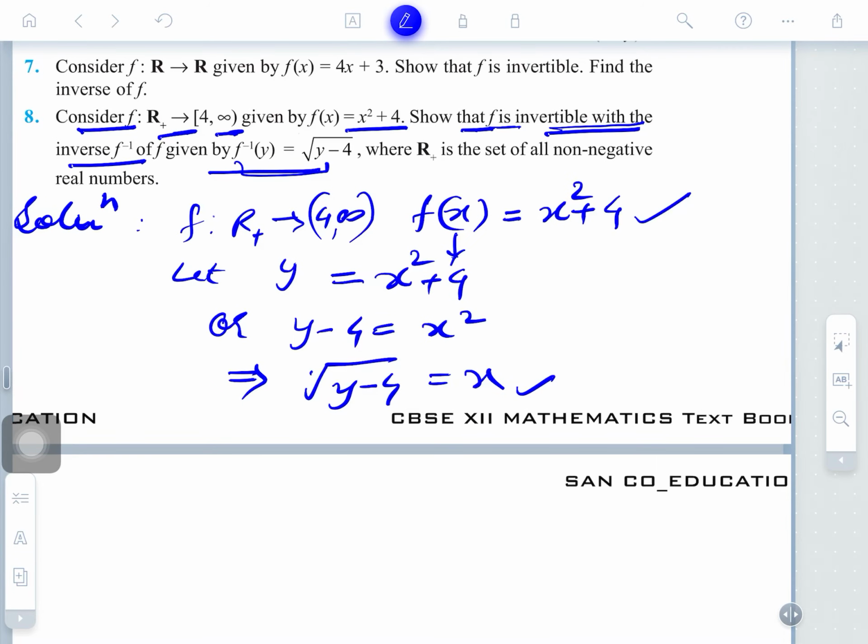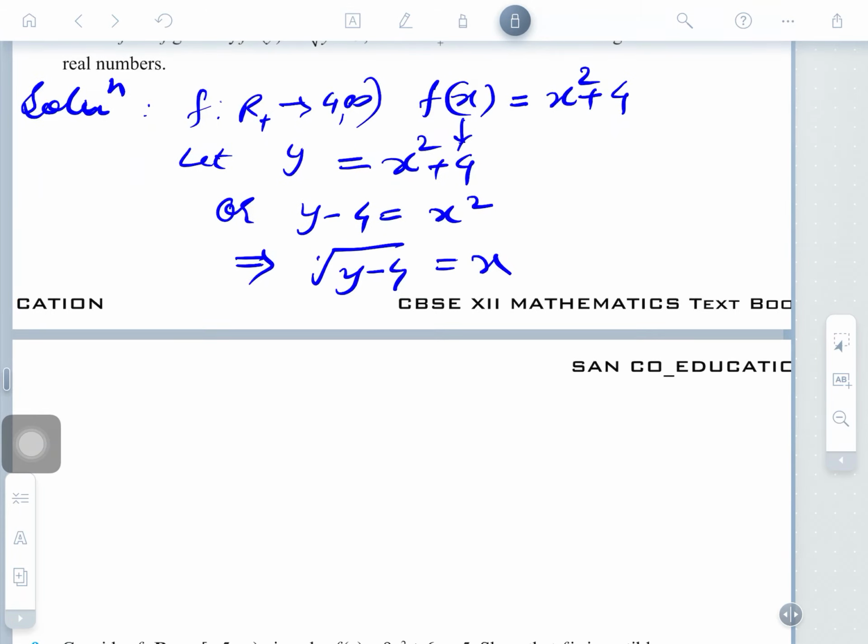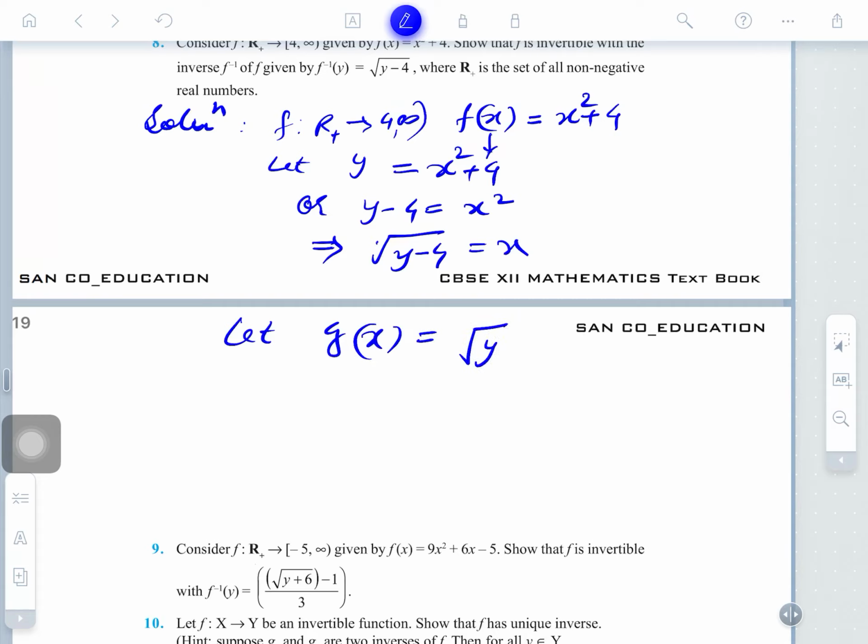Listen guys, f is invertible with this inverse, meaning this function is invertible. We brought this, so we have to prove this is the inverse of that. If this function is invertible, then obviously the composition will be identity. So, we will suppose this is another function. Look please, let g of y equal this function. Here, if we replace the variable, then I will write it as the square root of x minus 4.